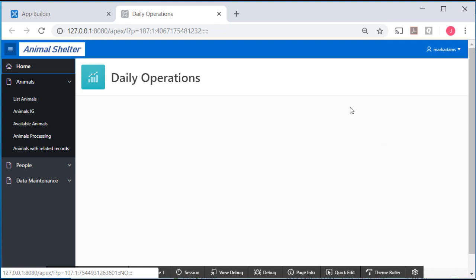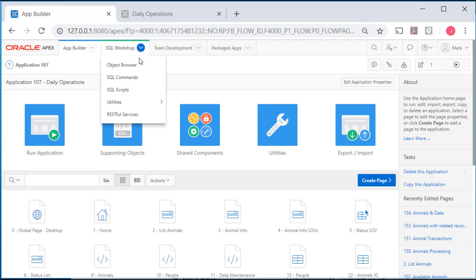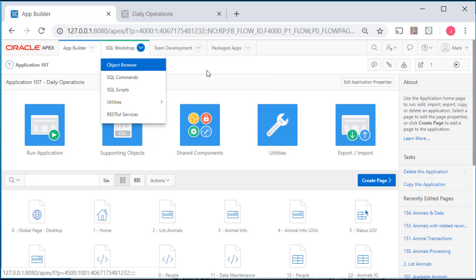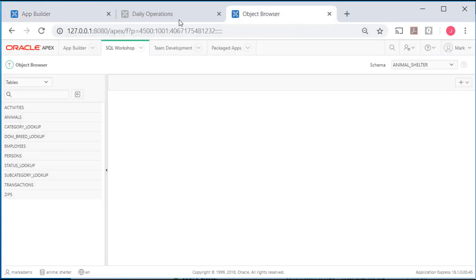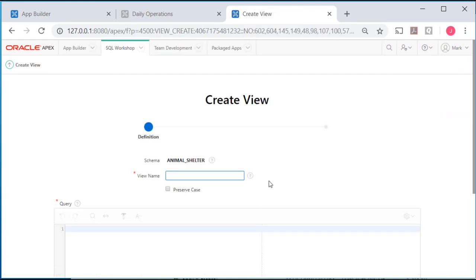So I want to create another report. I will go to Application Builder and I'm going to click on SQL Workshop because what I want to do is create a view that combines data from 4 tables and then put a report on that view. So I'm going to right click on Object Browser and go to a new tab. Then I will come over here to the plus sign on the right and do a view,